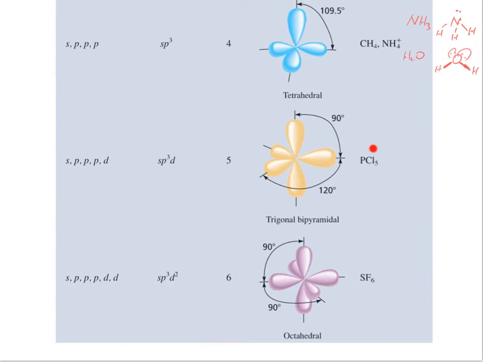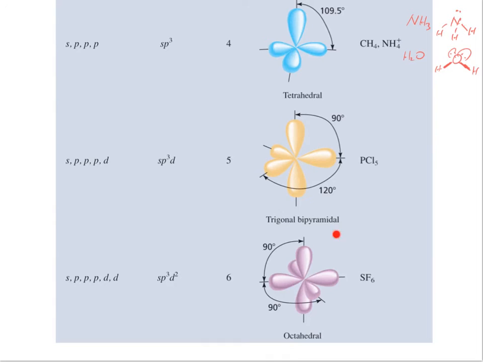For example, here phosphorus pentachloride has no lone pairs, there are 5 single bonds, and the phosphorus will have sp3d hybridization. In this case the molecular geometry and the arrangement of the 5 pairs, actually 5 bonds, are